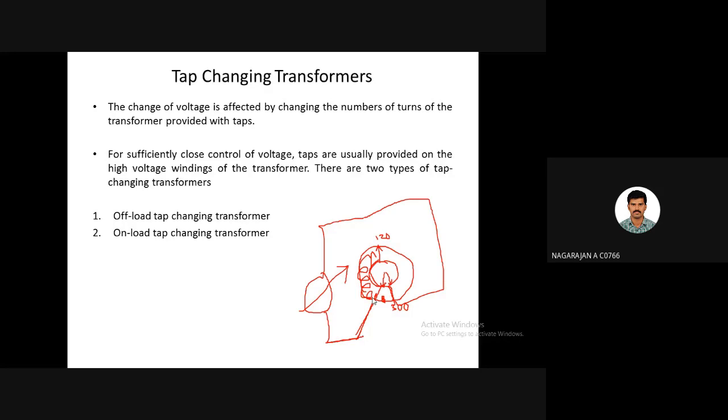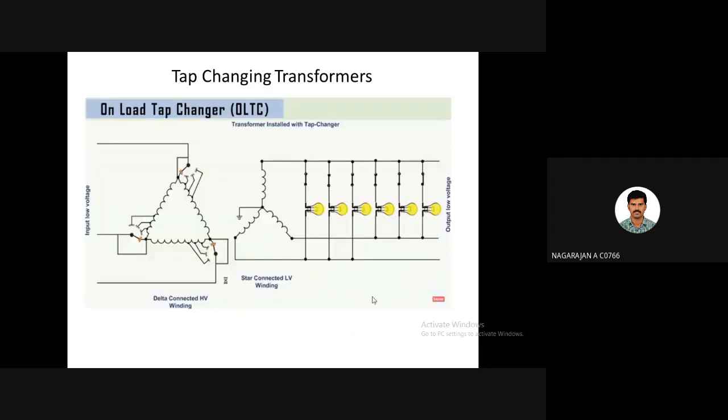Okay. So in a practical transformer, look at this diagram. This is a 3-phase delta to star connected transformer. I get a supply from somewhere else that is given to a delta connected primary winding. The secondary winding is star connected. The load is connected across the secondary terminals. There are totally 6 loads. Assume only we have 6 loads now. Also assume the transformer is fully loaded.